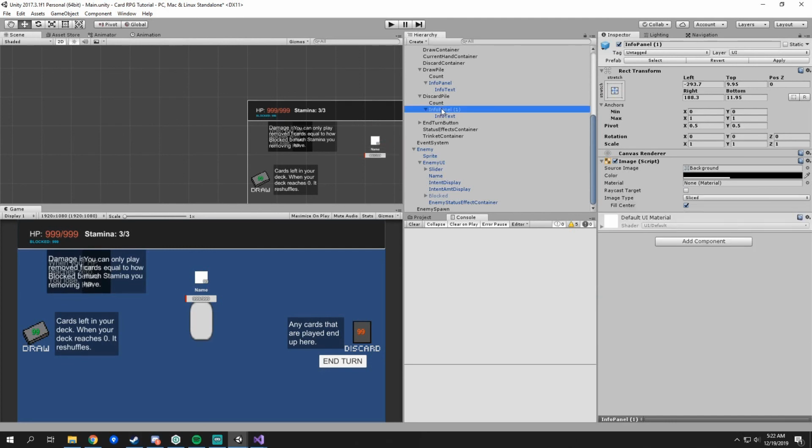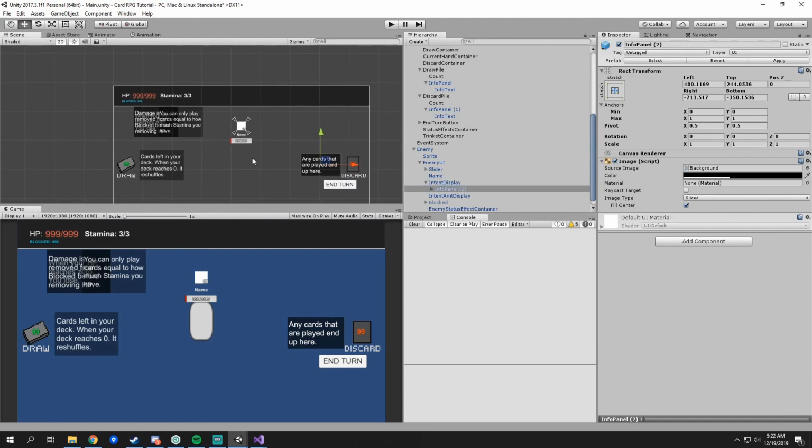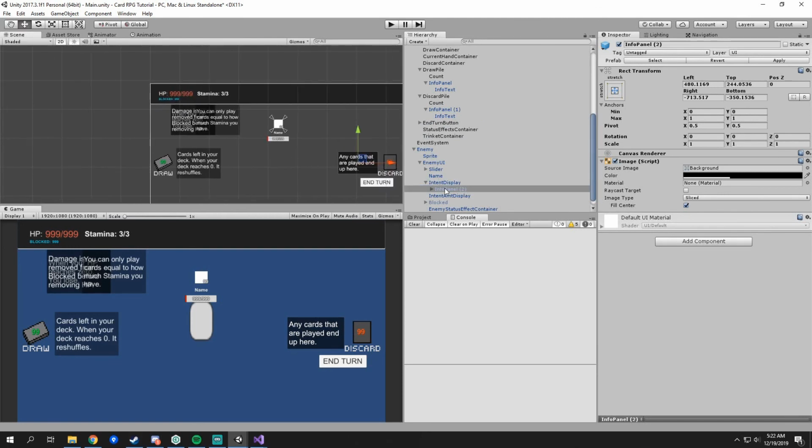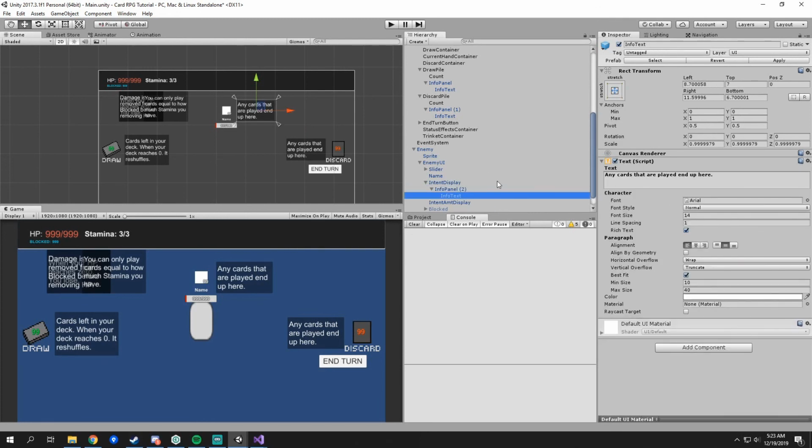So we need to duplicate the info panel here, bring him in, to put him as a parent of intent display. We need to drag intent displays one up here, and basically we're gonna have this say different things based on what intent is currently going on. So which intent? This is just placeholder,